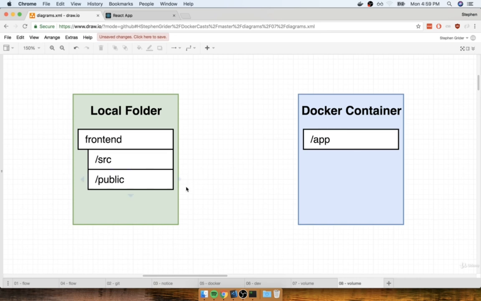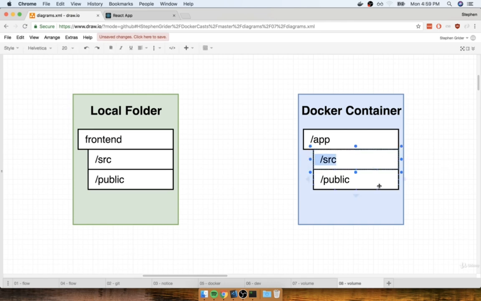With the Docker volume, we essentially set up a placeholder of sorts inside of our Docker container. And so we're no longer going to copy over the entire src directory or the entire public directory. Instead, you can imagine that we're going to put a sort of